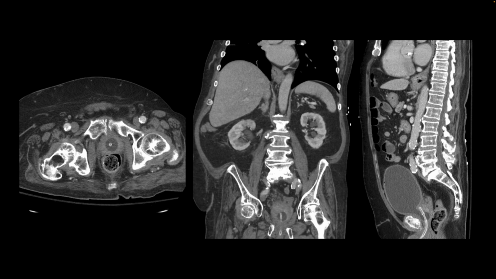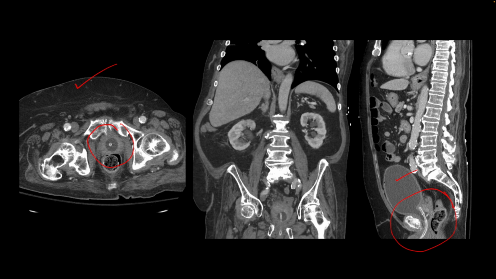Here is our next patient, and if you were just looking at their CT scan of the abdomen and pelvis in axial projection, you would comment on the Foley catheter in the urinary bladder and move on. But what I want to tell you is whenever there is a Foley catheter, always look at it in the sagittal projection, right? This bulb of the Foley catheter isn't in the urinary bladder. It has been inflated in the prostatic urethra, and instead of draining the urine, it's actually causing obstruction of urinary drainage, and